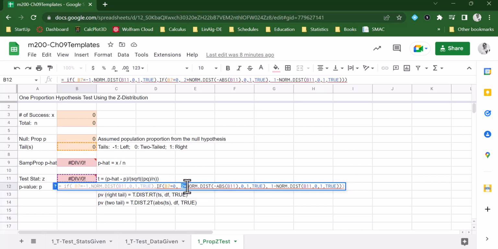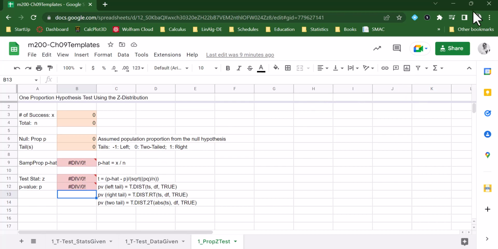So this is going to be 2 times that. And then if it's a right tail test, then it's going to be the complement of the area on the left. So we find the area on the left and we take the complement of that. So that's the 1 minus. And then we're going to get the area on the right tail. So that's a little bit of the code for